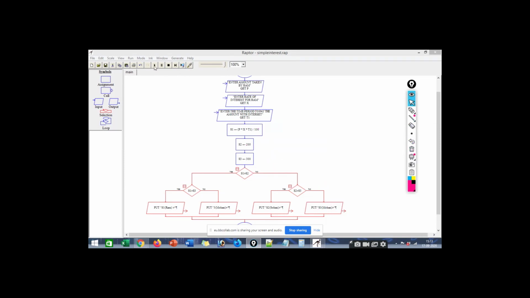There is the run button here. If I click on the run button, it asks me to enter the amount taken by RAM. Suppose RAM takes 9,000 rupees. Now it is telling me to enter the rate of interest.